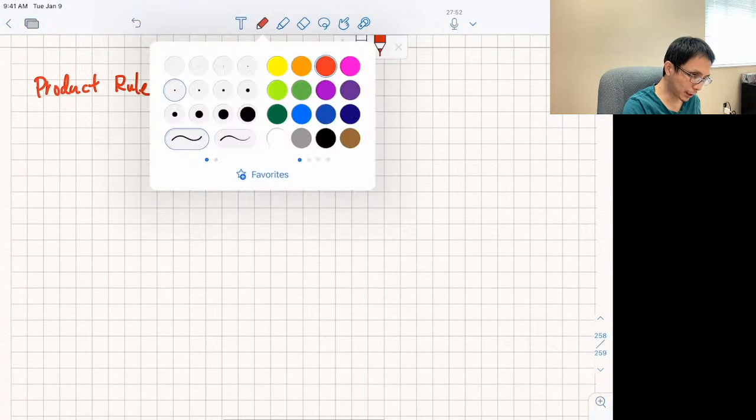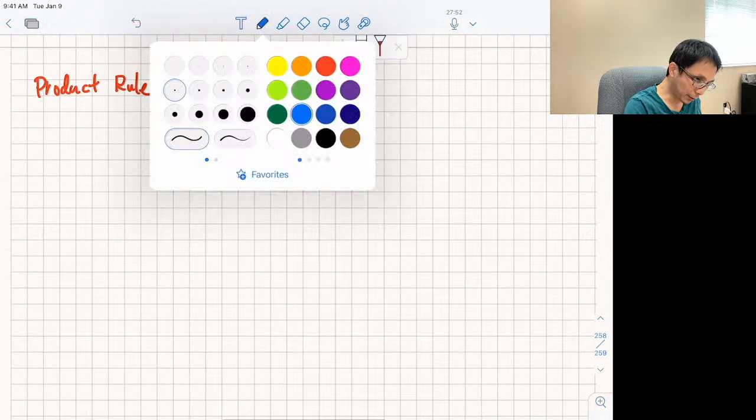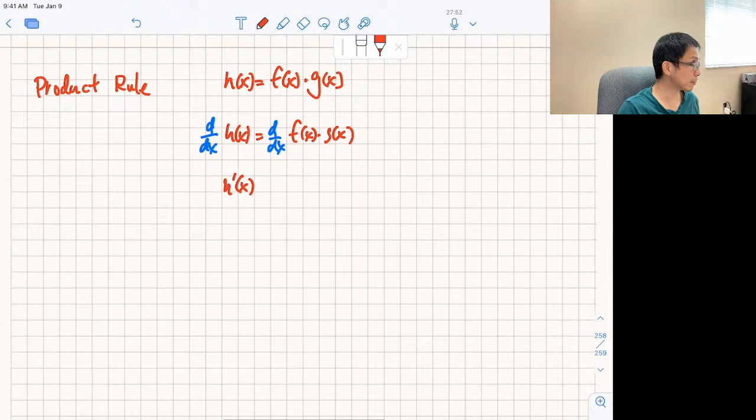So how do I take a derivative of this function? Let's say I want to take a derivative of this h of x. If I take a derivative of the left, I have to take a derivative of the right. So how do I take a derivative of h of x, which is f of x times g of x? If I take a derivative of the one on the left, I'm going to get h prime of x. That's just the notation. And if I take a derivative to the right,